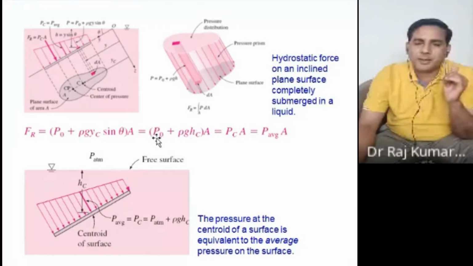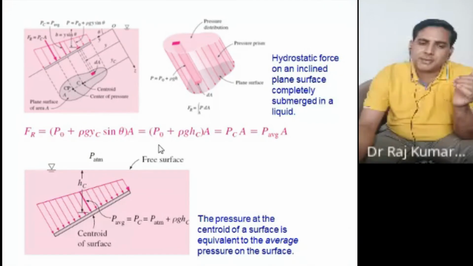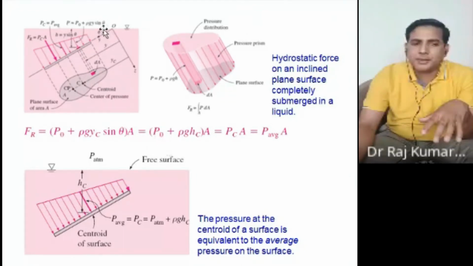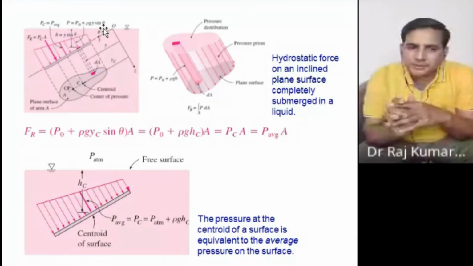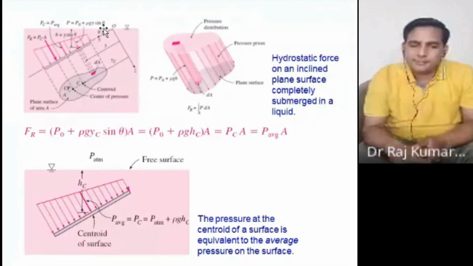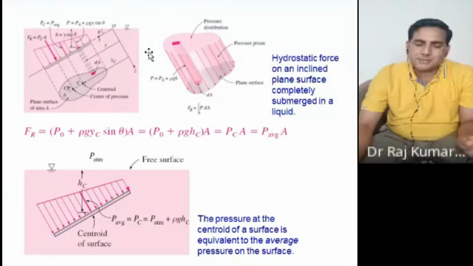If the system is open to the atmosphere, you can just make this equal to 0 in terms of gauge pressure, because once you add this P naught, you are just adding a pressure which could be present here if it is not open to atmosphere. Fine? So this is what we have derived in this class and the last class also,